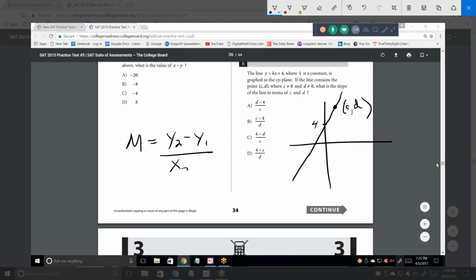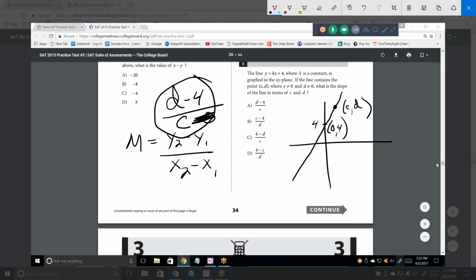Yeah. Well, do you have 4 points? Yes. So it would be, oh man, 0x. So it'd be D minus 4 over C, right? Right, because it's C minus 0 and the 0 goes away. So it's D minus 4 over C. Answer